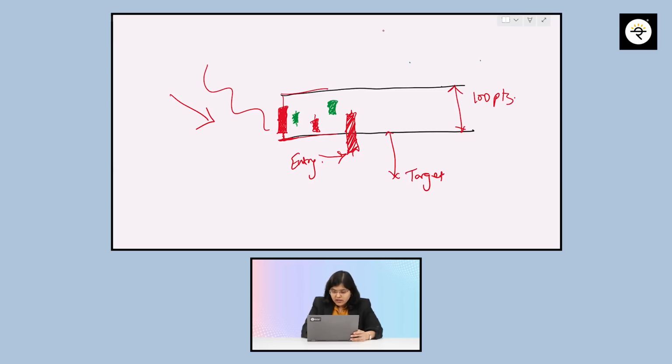Now you can imagine that if this itself is a big one, it makes no sense entering. So ideally it should be pretty much close here, right? So let's say it's something like this. So this will be the point for entry. Where will be my stop loss? Ideally my stop loss should be here. This should be my level of stop loss. If you're a conservative trader, this should be my stop loss. And as I said, 1x is a bare minimum target. It could be 2x 3x also. So I hope theory is absolutely clear. Now I'll take you to some practical examples from TradingView in the next section of the video.